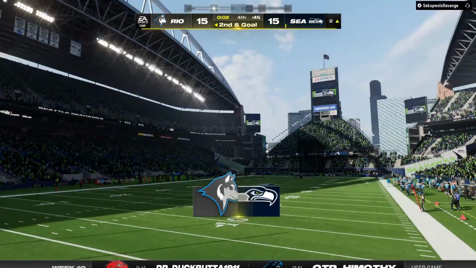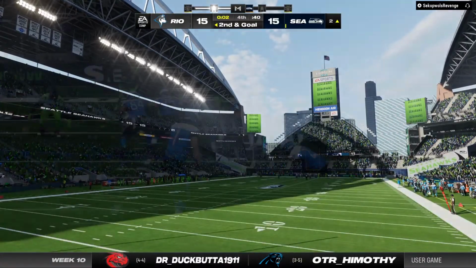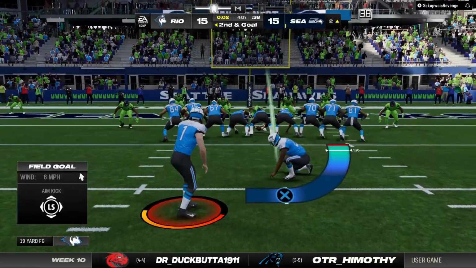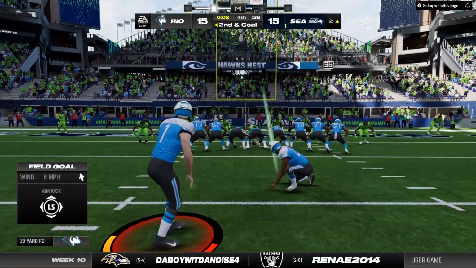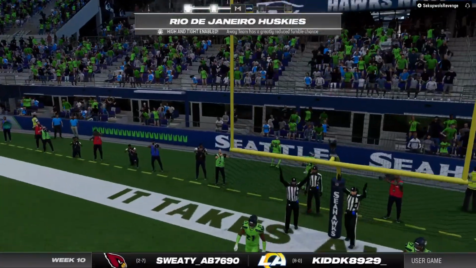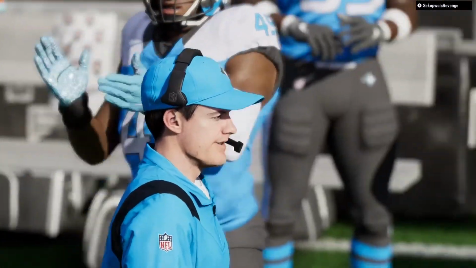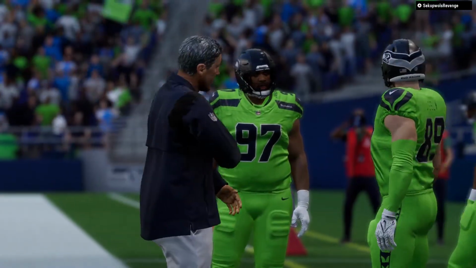Tension building. Here's Greg Joseph. And we will get a timeout with 2 ticks left. And now it all rests on the right foot of their kicker. 2 seconds on the clock. This for the win. And it is good. He splits the uprights on the chip shot. And they've come in here and stolen one on the